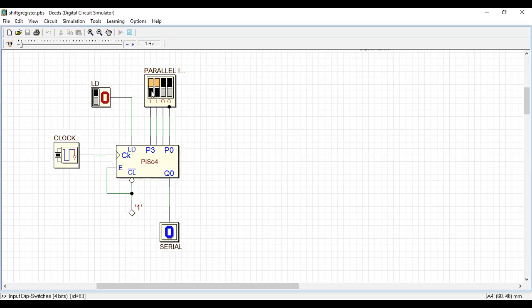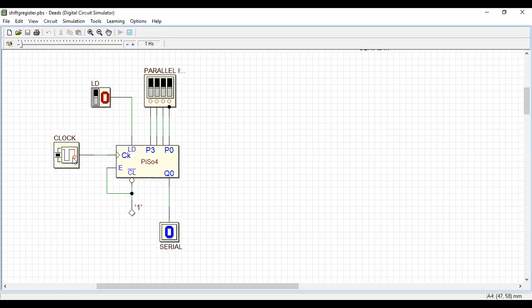Shall we try from the beginning, the initial state? I'll make everything 0. I want to load this. Apply 1 clock pulse. Thus everything is now 0, so this input is loaded here. Then I'll give this as 0, LD as 0, and apply the clock pulse.